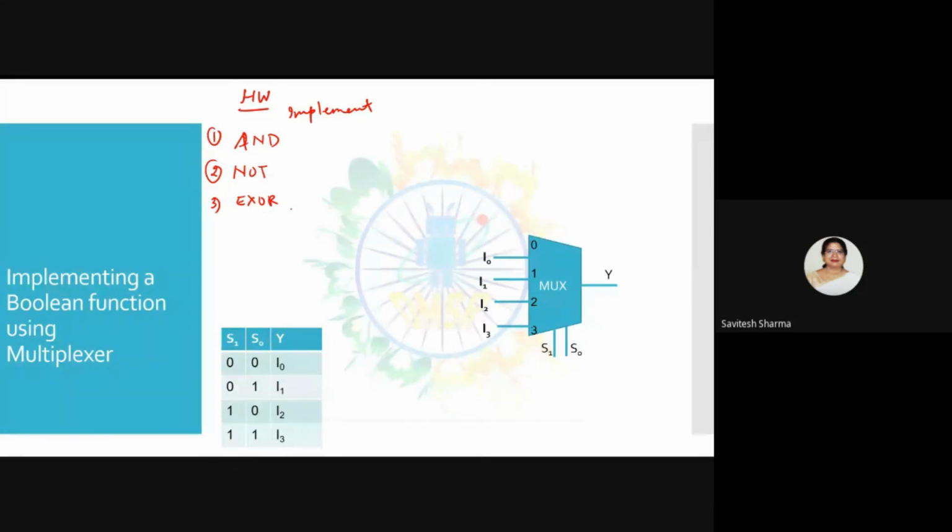For big combinational logic circuits, we will learn how to implement a big function using a multiplexer. Before that, try to find out how to draw the AND circuit using a multiplexer. These are the small questions that people ask in interviews. If you understand how to use this, you will definitely understand the concept of the multiplexer. Use the multiplexer, whatever you think you can use, 2:1 or 4:1, come out with the answer and discuss with me tomorrow.